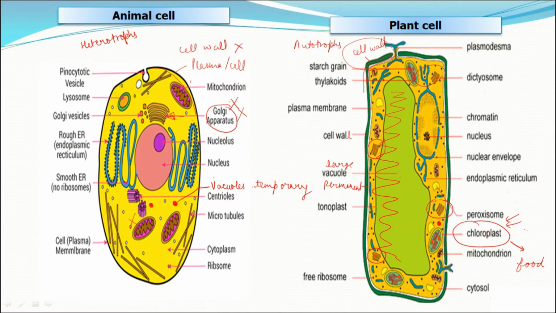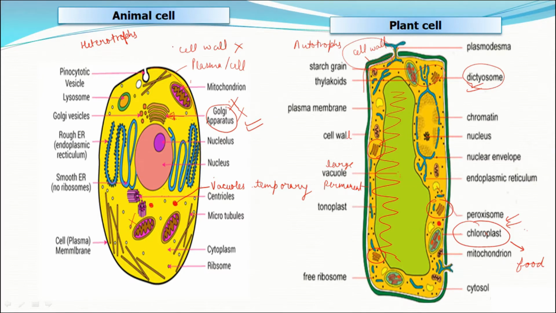So what we can conclude from here is that Golgi is present as simpler and smaller units throughout the cell, and here it is termed as dictyosome. So we can say dictyosomes are present in plant cell and one prominent Golgi apparatus is present inside animal cell. So these are 4 major differences between plant and animal cell.